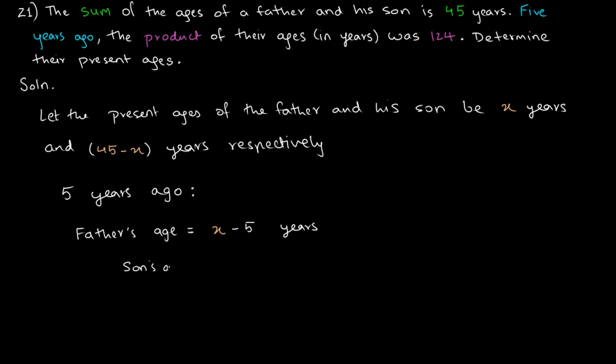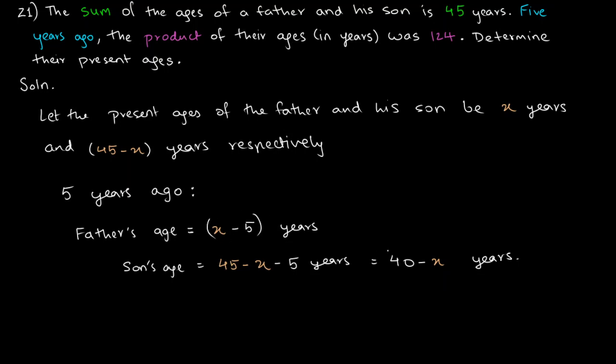The son's age would be 45 minus x minus 5 years, which is basically 45 minus 5, which makes it 40 minus x years, right? So 5 years ago, the father's age is equal to x minus 5 years,